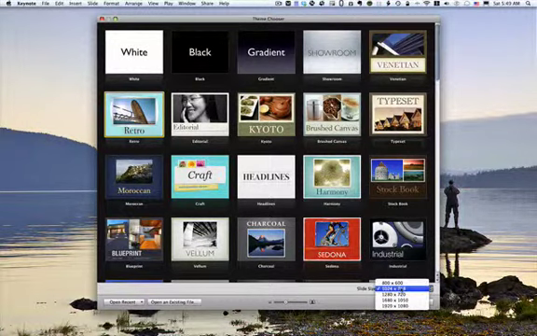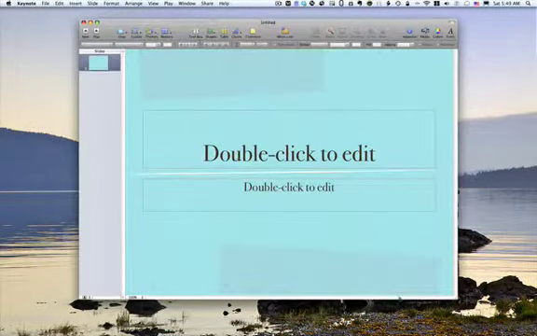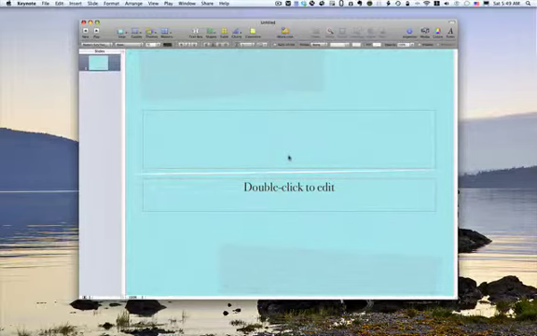You have a lot of other choices here, including huge ones, and I'm not sure exactly what you'd use that for unless you were projecting it on, let's say, a high-def TV or something like that. Anyway, 1024 by 768. I'm going to pick retro, just because. And the first slide looks something like this. Now, I'm going to call this